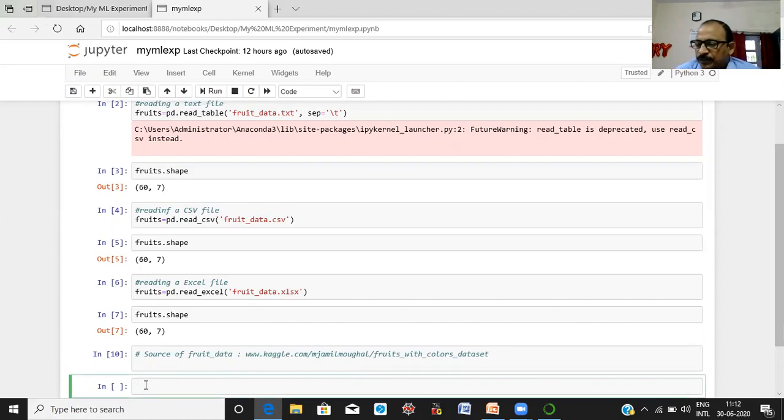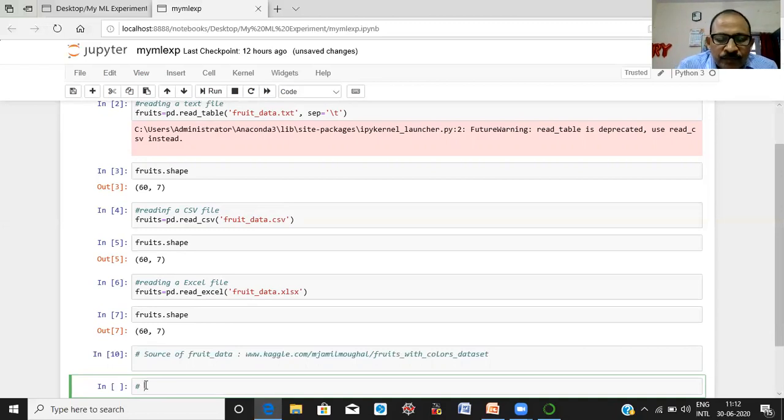So let us start. We want to know our data set, and here the data set is the fruit data set.